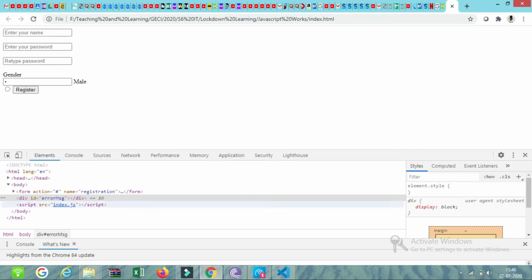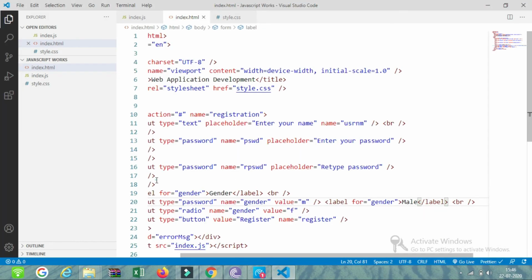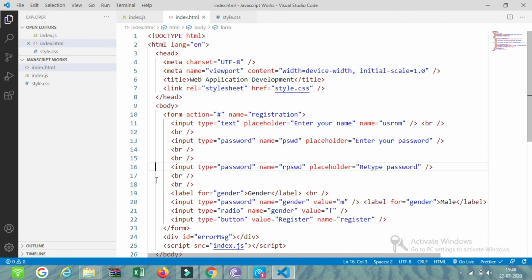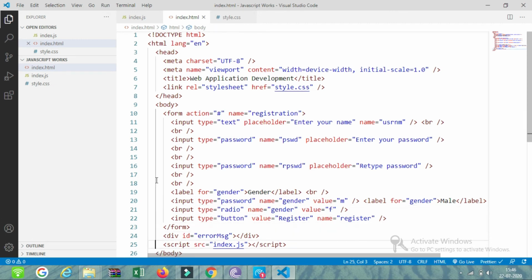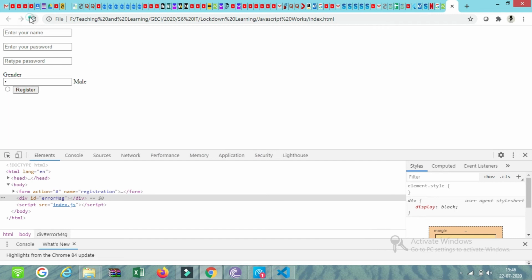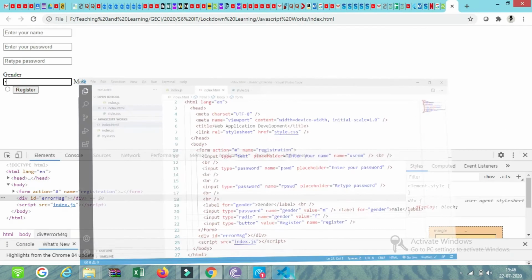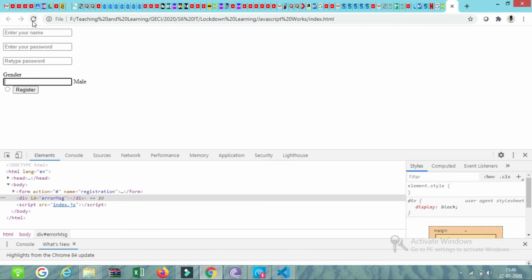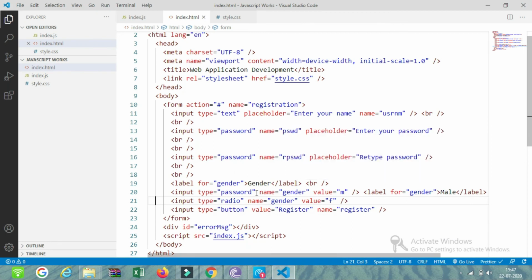There is some mistake with this closing sequence. It appears out of order. This text box. Okay, I have made some mistakes while typing there. We need to find it out and rectify it.